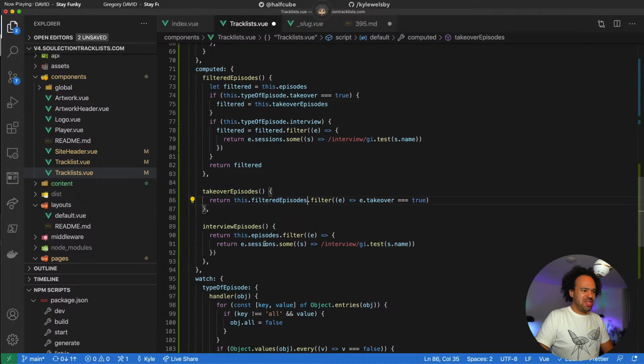And if I do this, it's going to loop around itself, and because we're going, say, filtered episodes, okay, filtered episodes, takeover episodes, filter. That's not going to work.